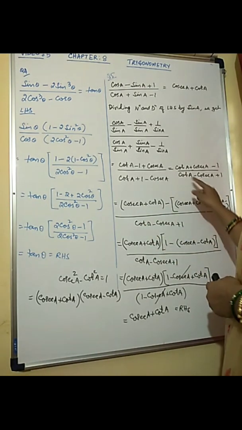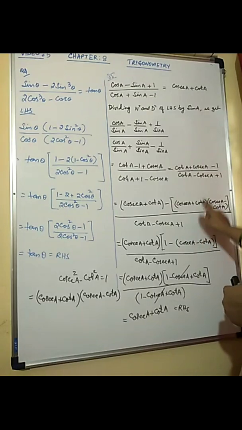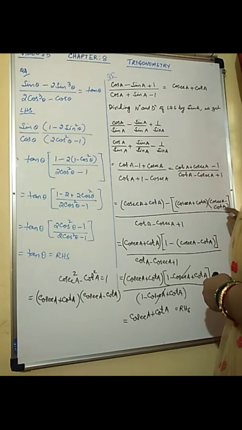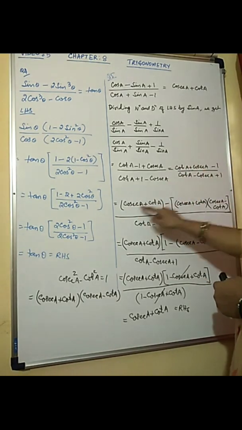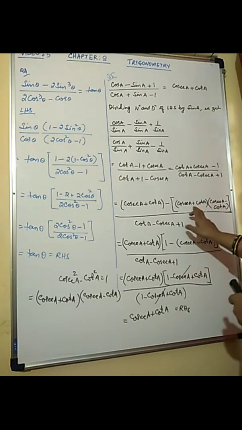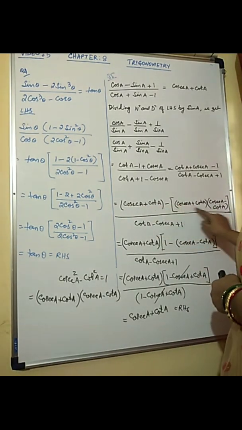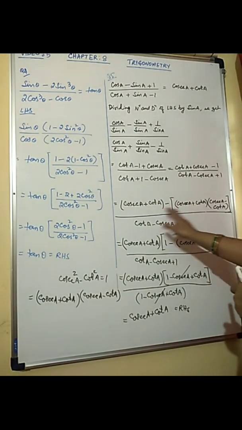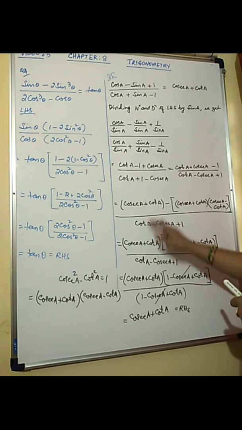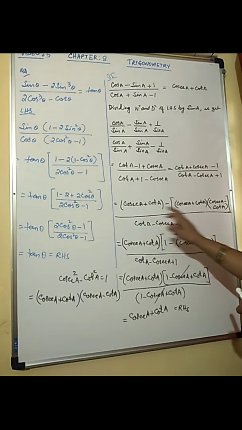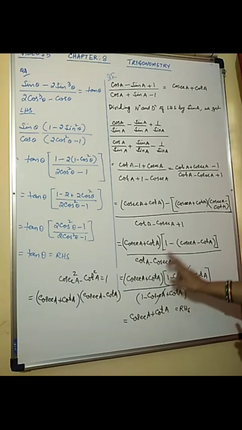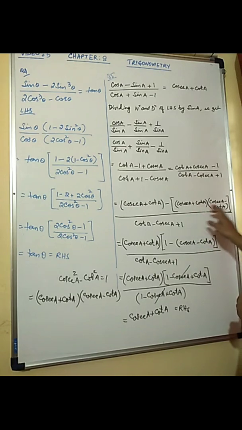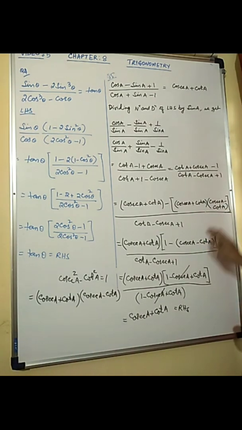So now if you observe these two terms, in place of 1, it is written cosec A plus cot A into cosec A minus cot A, and this remains as it is, cosec A plus cot A. Now if you look at these two terms, you observe that cosec A plus cot A is common in both. So we can take cosec A plus cot A common from here and here. So for this term we are left with 1. In this term there is a minus sign, remember, so we put the minus sign. And in this term we are left with cosec A minus cot A.